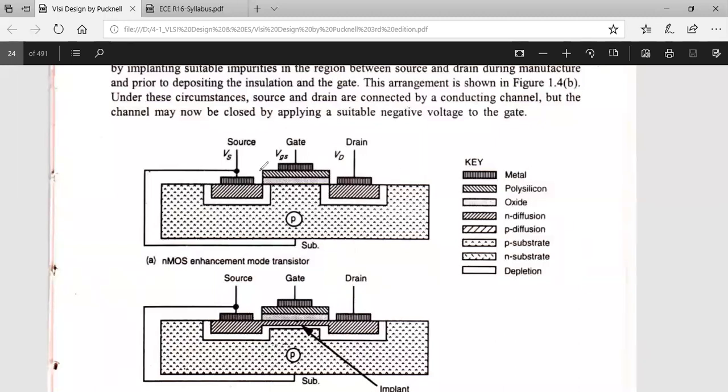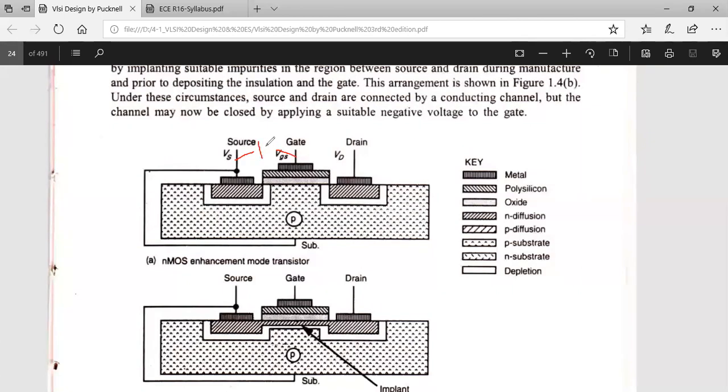There will not be any change in the transistor operation until it reaches the threshold voltage. That means I am giving some input voltage, and after reaching some threshold voltage, the transistor starts responding. What am I doing? I am giving some voltage between the gate and the source, and that is VGS.